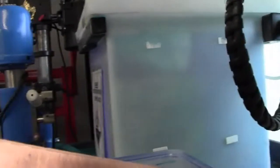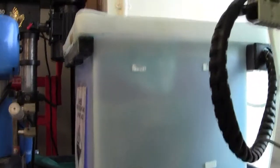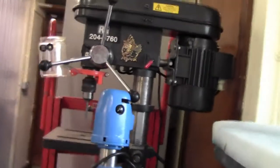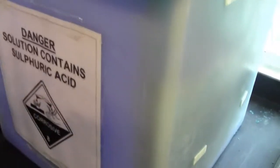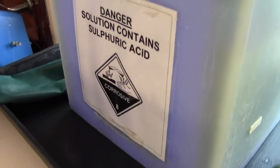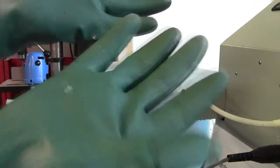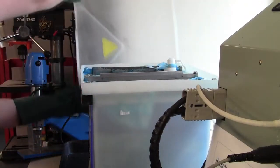Next stage is to put it in this tank. There we go. Right then, we're going to be putting it in here, so make sure that you glove yourself up, because this stuff will eat your flesh. So, all gloved up, nice thick gloves. The lid comes off our plating tank,